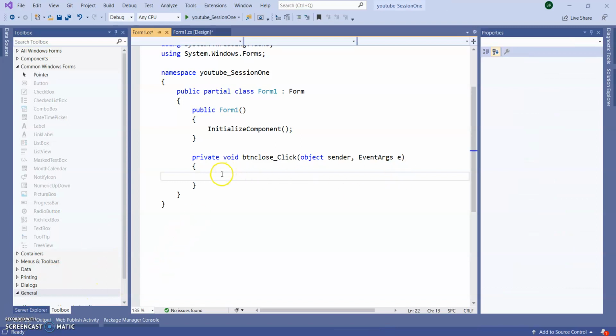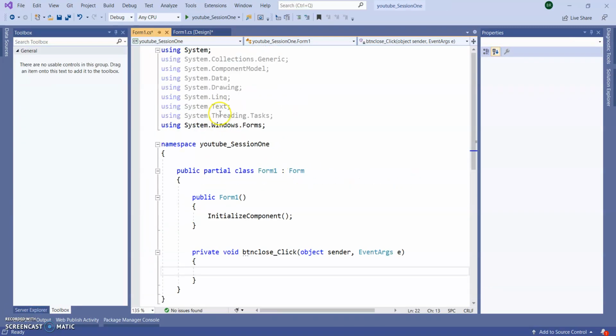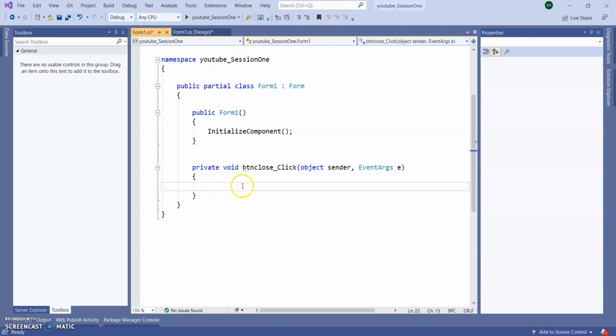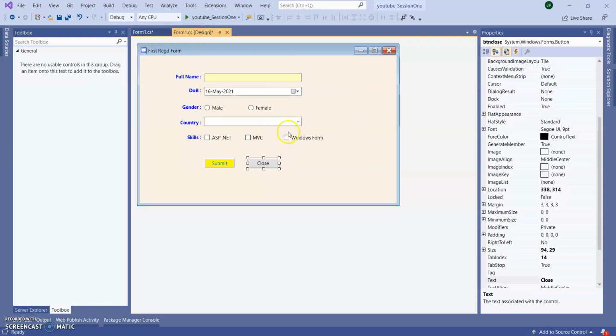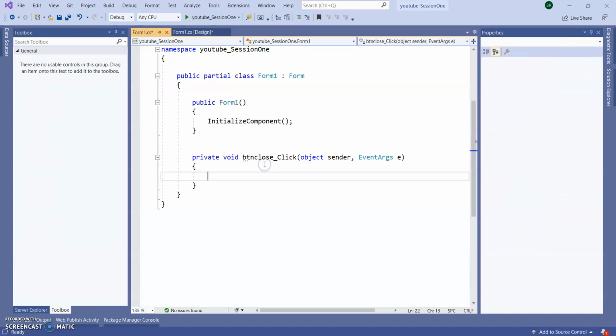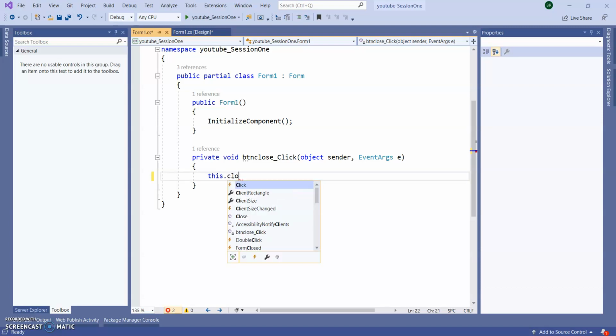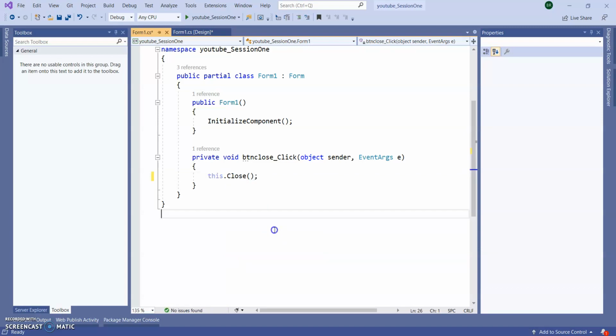You can see the code behind, or the source code part, comes up. I want to close this Windows form after clicking this close button. For this, I'm going to write this dot close. This close is a predefined method of Windows form.